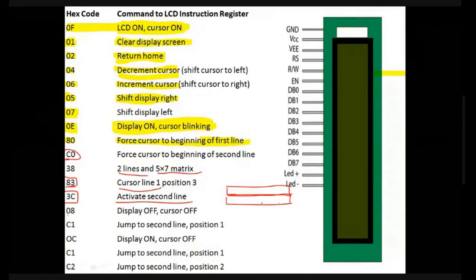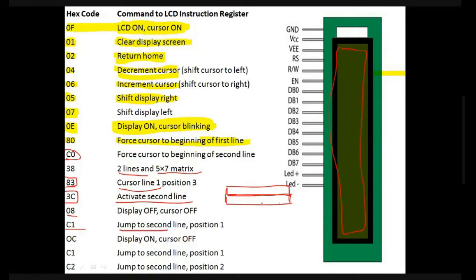Next is 08. That is nothing but the display off state and the cursor is also off. This is the off state of display as well as cursor. Then C1 is nothing but jump to the second line, first position.